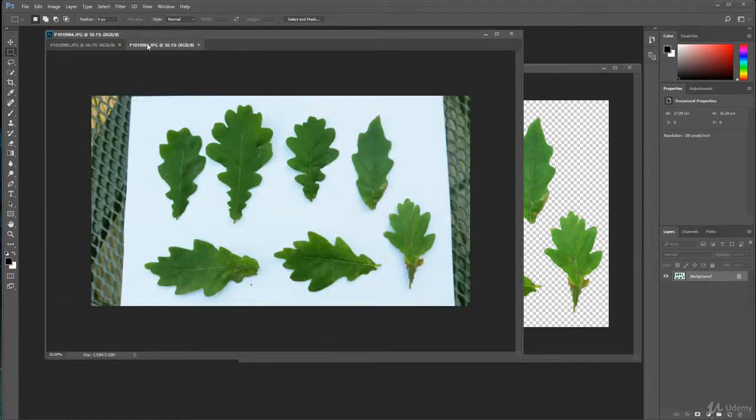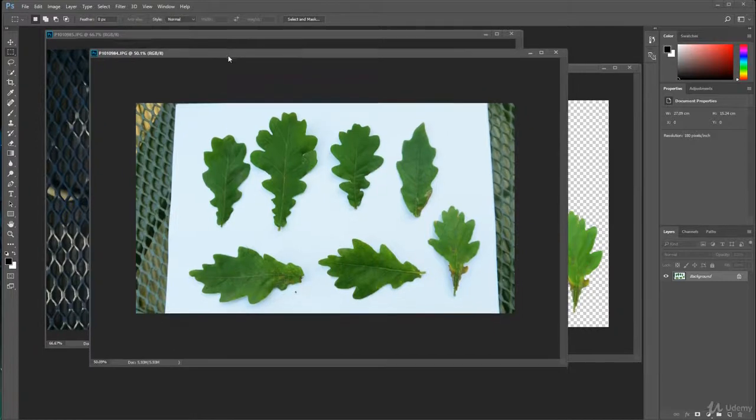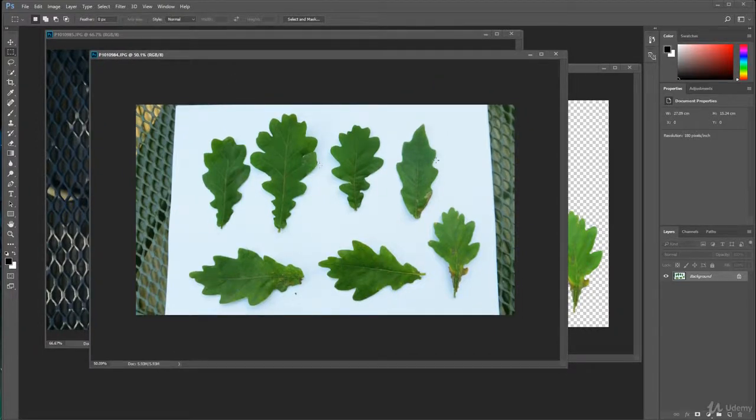I laid them out on a table and took a picture of them. Now I'm going to cut them out, clean them up, and use them as my source for my leaves, for my oak trees, which is pretty cool. There's a few rules when you do this kind of work. When you go outside and take pictures of things you're going to use, make sure you do it in